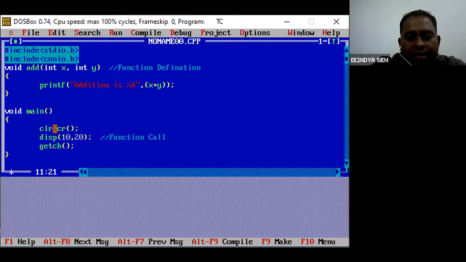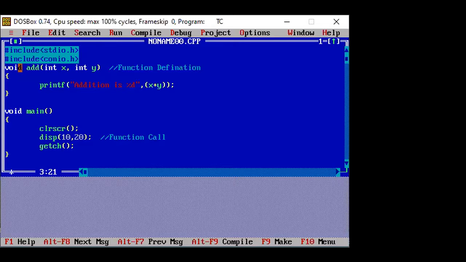After clearing the screen, it calls this method, and it takes two arguments, one is 10, the other one is 20. So this value of 10 will be copied in x, and this value of 20 will be copied in y, and then it comes inside this method, and it will print addition is percentage d, x plus y. Now I'll just compile it.